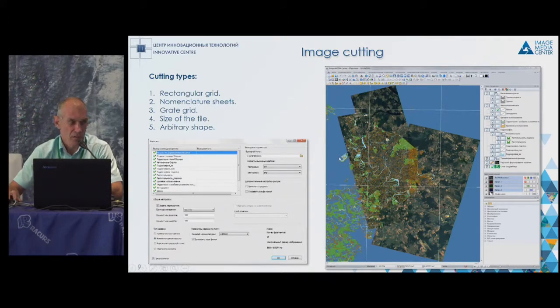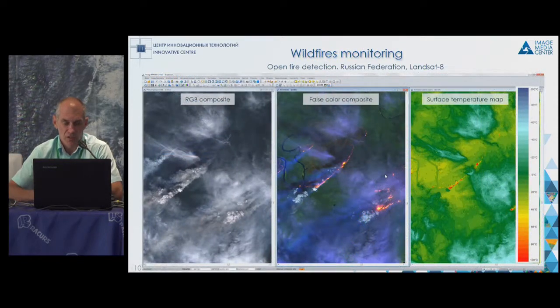Not all users have the capacity or productivity to work with this volume of data like 60 gigabytes. Who is going to work with that? That is why the next stage was the cutting up, which would be based on the nomenclature, randomly or based on the image itself. And then, after all this work, we work on the themes.